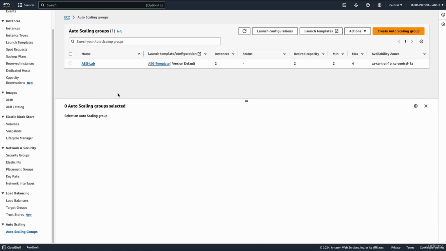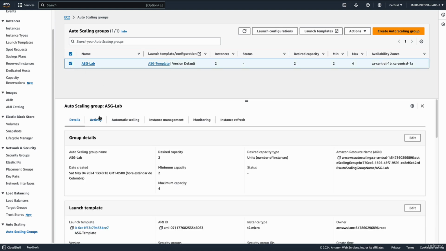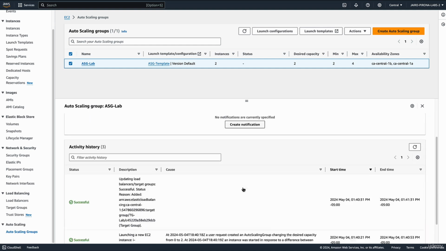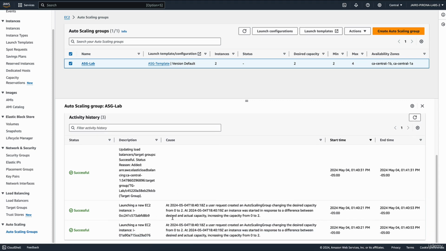Okay, now that we have created the auto-scaling group, it's time to look at the changes. Selecting that group, on the Details tab, we notice that our desired capacity is 2, the minimum is 2, and the maximum is 4. On the Activity tab, you'll notice that 2 new EC2 instances have been launched, and here